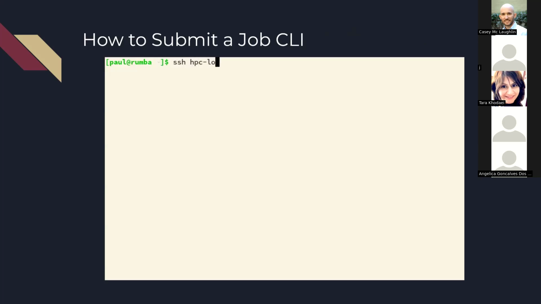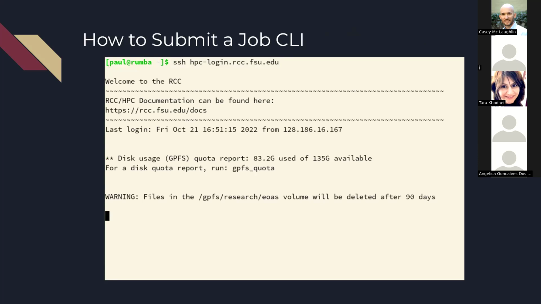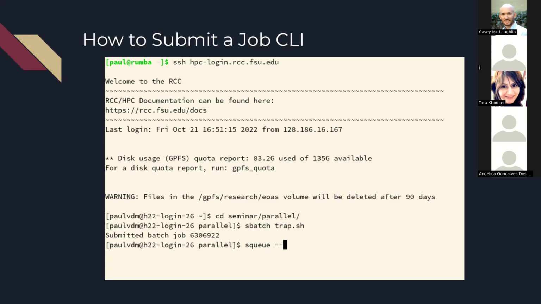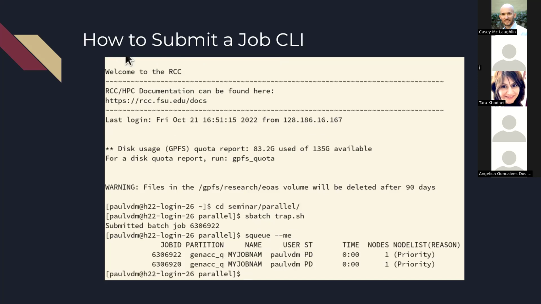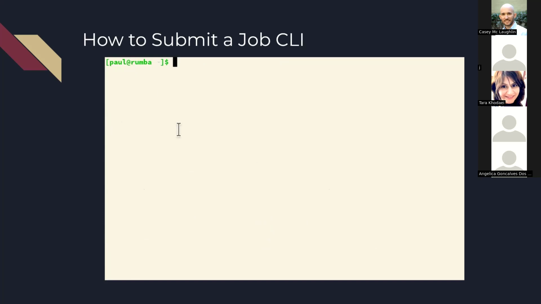So we're going from the local computer and we're logging in to the RCC on a login node. And sometimes it takes a minute and you'll have a lot of text that pops up. Once you see that $ sign again, you can start typing again. And currently what this is doing is it's shifting to that folder that has the .sh file. Once you submit the .sh file, you'll have a prompt that says submitted batch job, and it'll give you a long line of numbers. That's another way of finding that particular job if you've submitted a bunch of different ones. And then if we go to the next page,